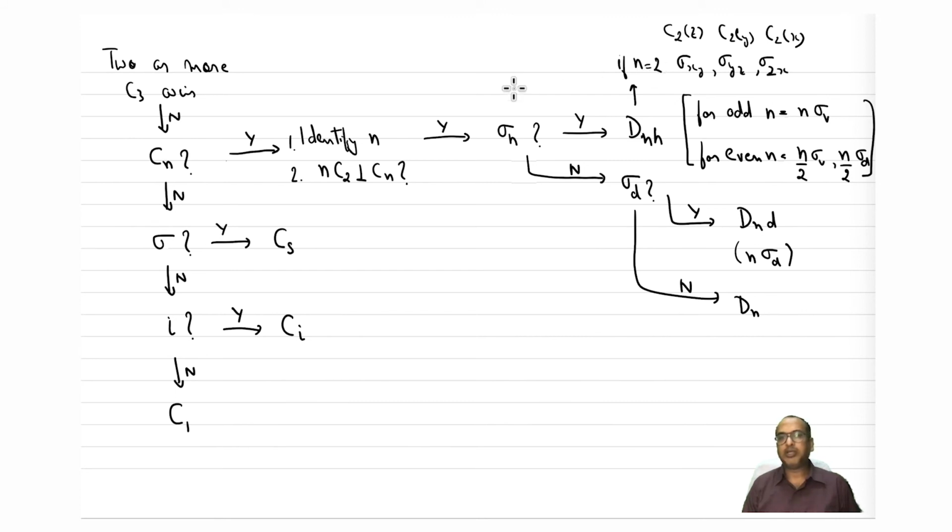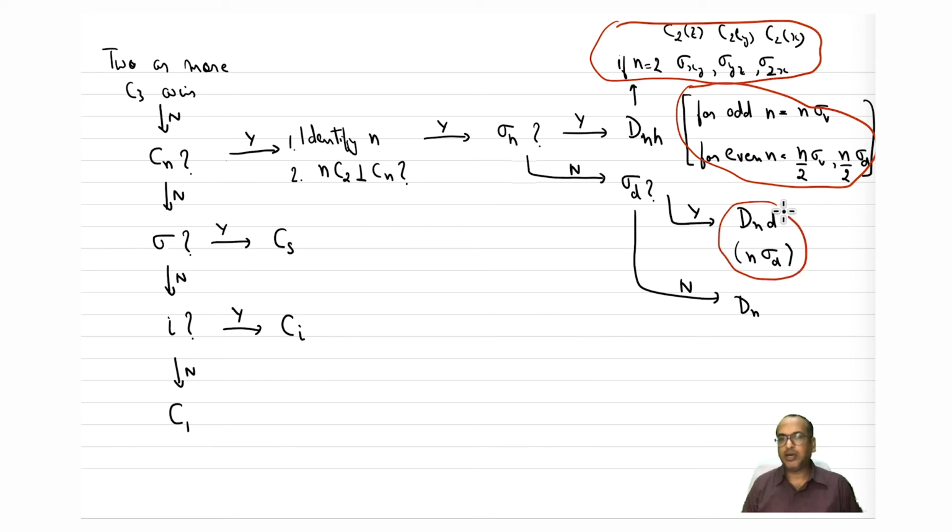This happens because the three C2s are perpendicular to each other. This is the only case where the order is the same and all three are perpendicular to each other. So that's why there is this confusion. But you can keep it for your notes. Okay, this information you may not find in books. This is after several rounds of discussions in class, so you can keep it for your notes.